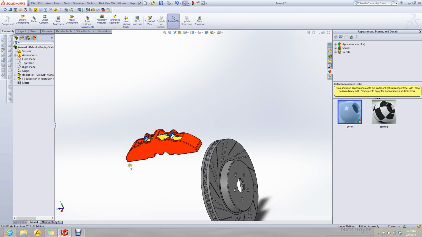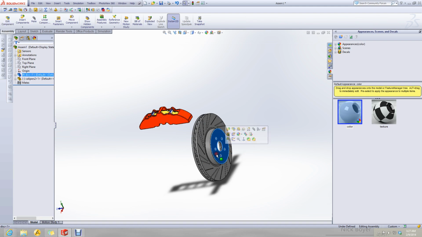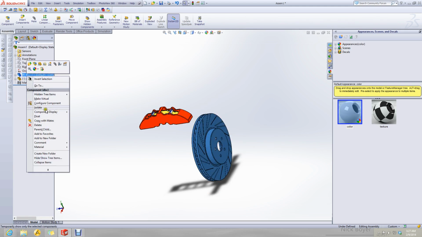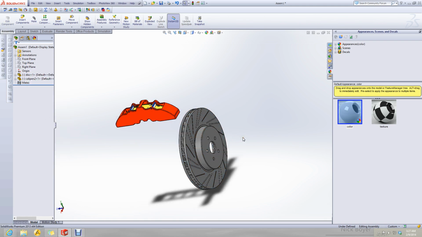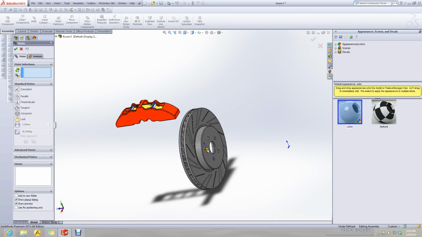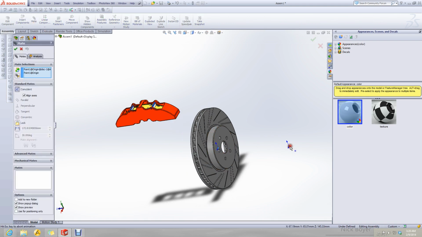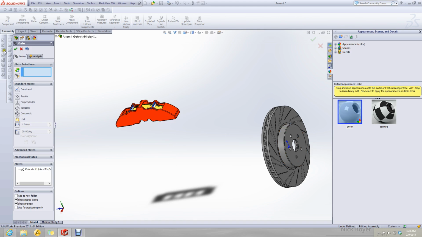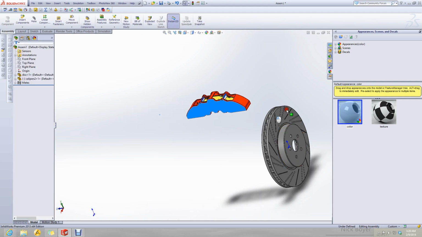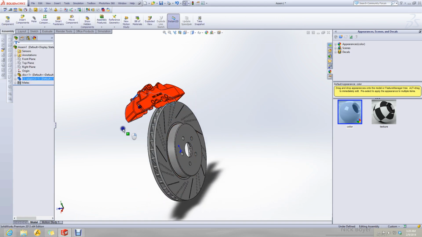Now to align them, let's make a new plane on this part.